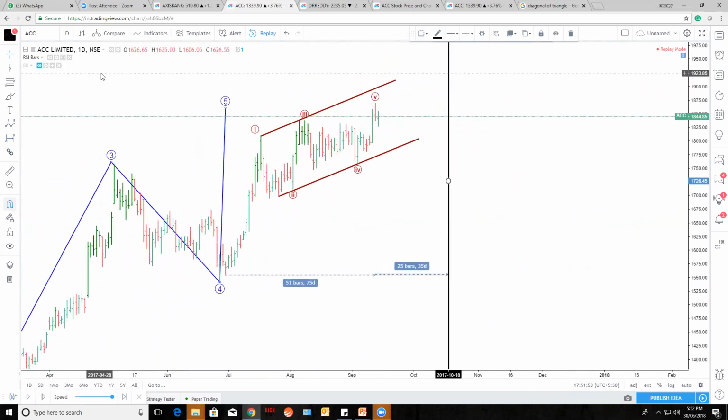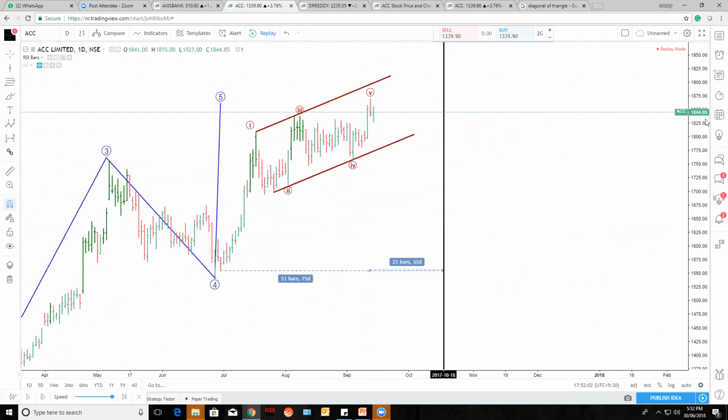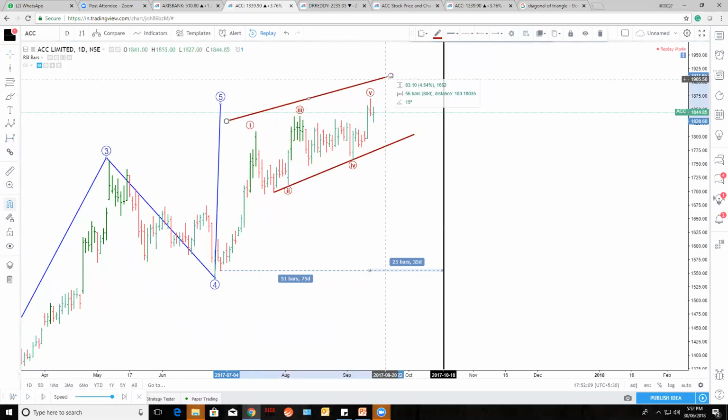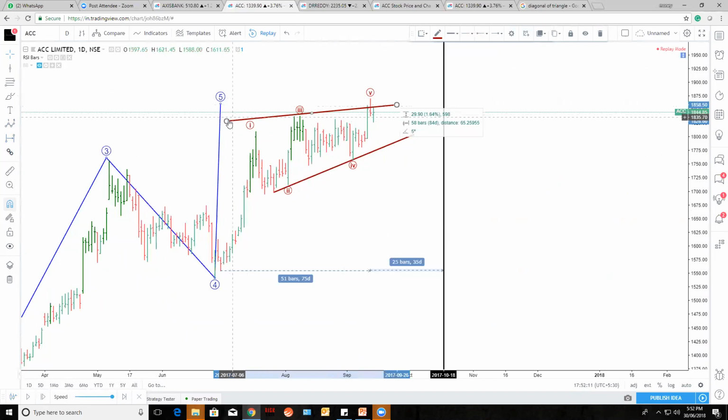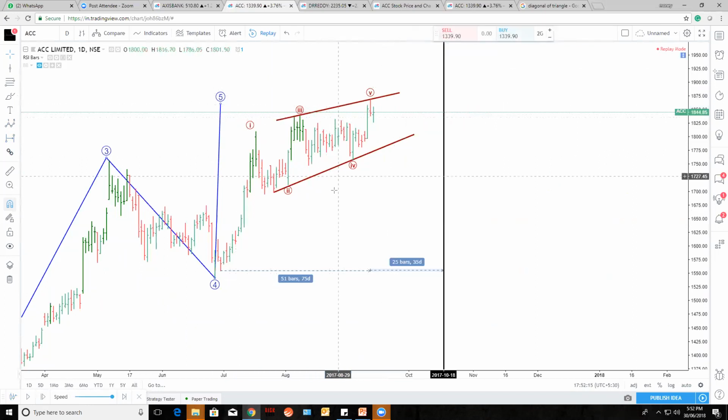Okay. See the price level here. It is 1844 it's trading. Now see what happens. Let's take these two lines and connect these two lines. So it is like an ending diagonal now. So shall I play? Go for it.